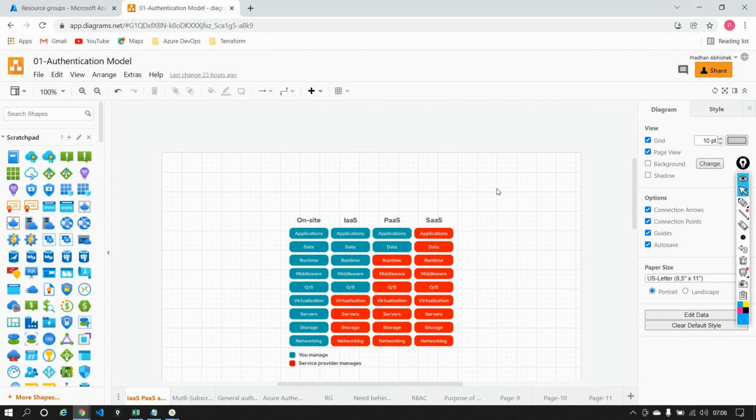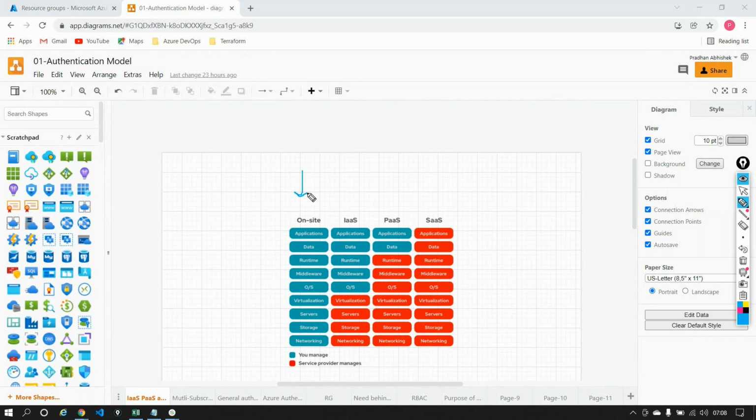Okay, so you're moving to any cloud. These are the services that the cloud provider can offer. Now, what does this diagram tell you? It is very simple. So here, let's start from the very beginning.